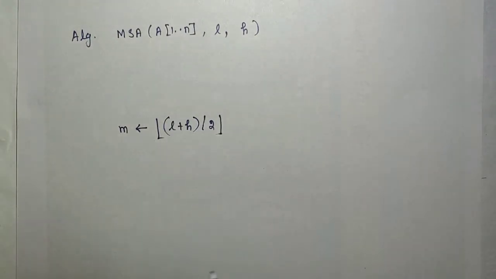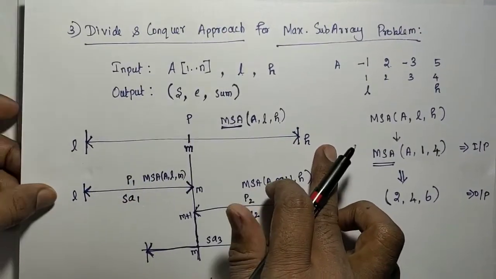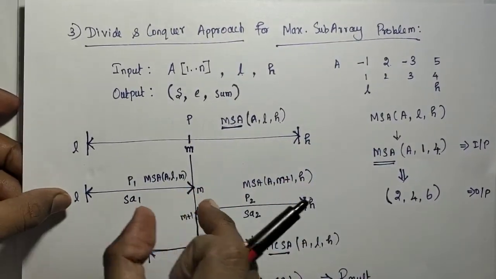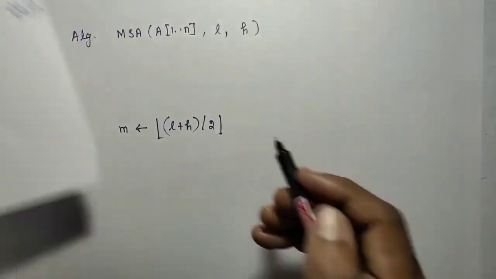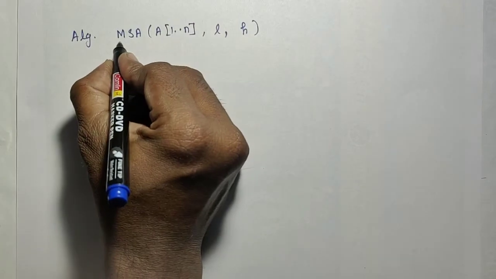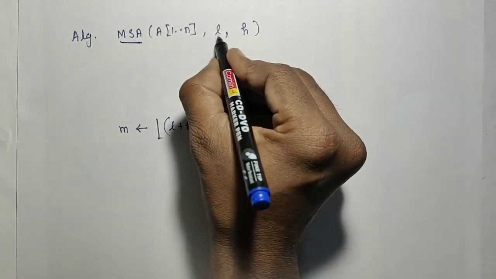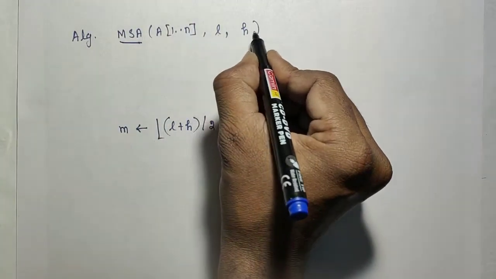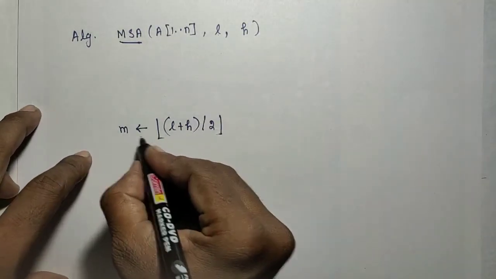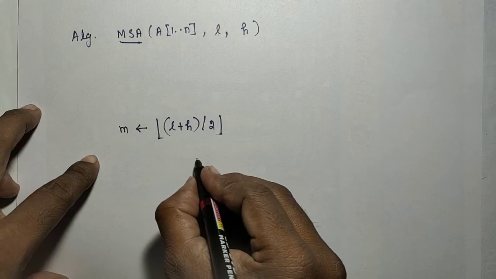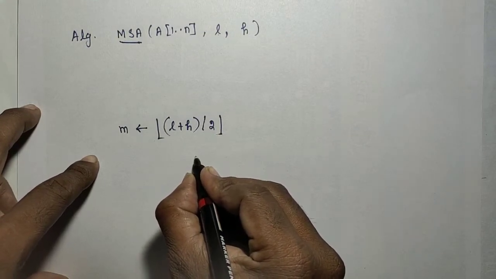And then the procedure is, we got that M, L, H. Now I need the maximum subarray in the first half. So I need to call the same function recursively. This problem is for finding the maximum subarray from the range L to H. So now I need to find the maximum subarray from L to M. So I am going to call MSA of